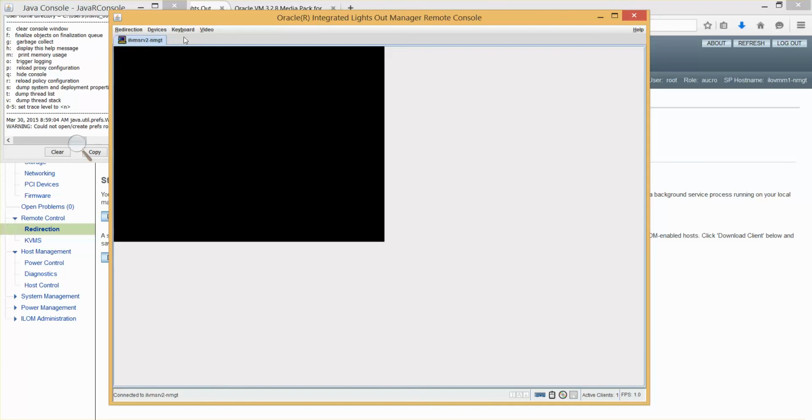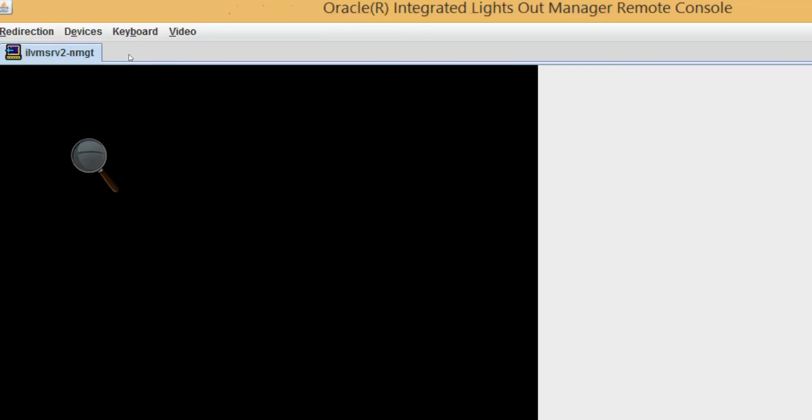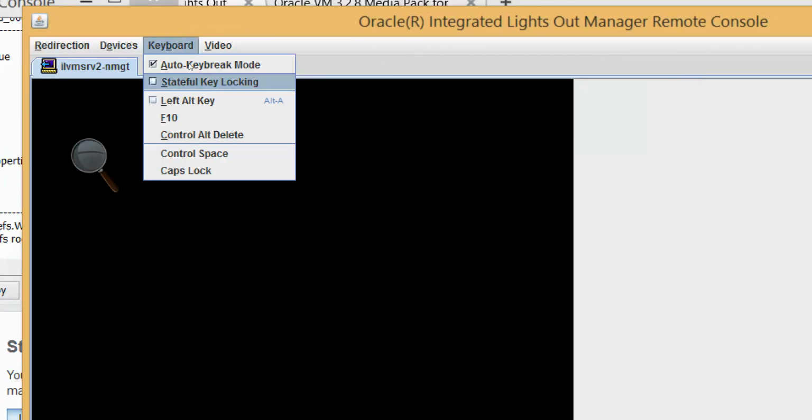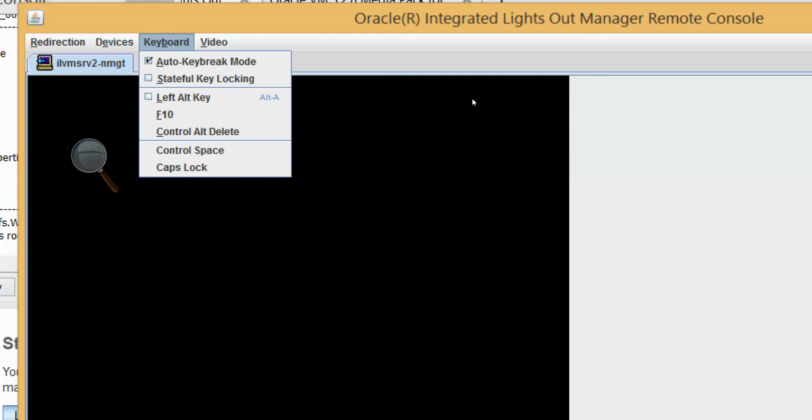Then we have to hit the function key F8 to boot using the CD-ROM. It will take a while to get in there. Control Alt Delete is under keyboard, so if you want to restart your host, you can use this one.